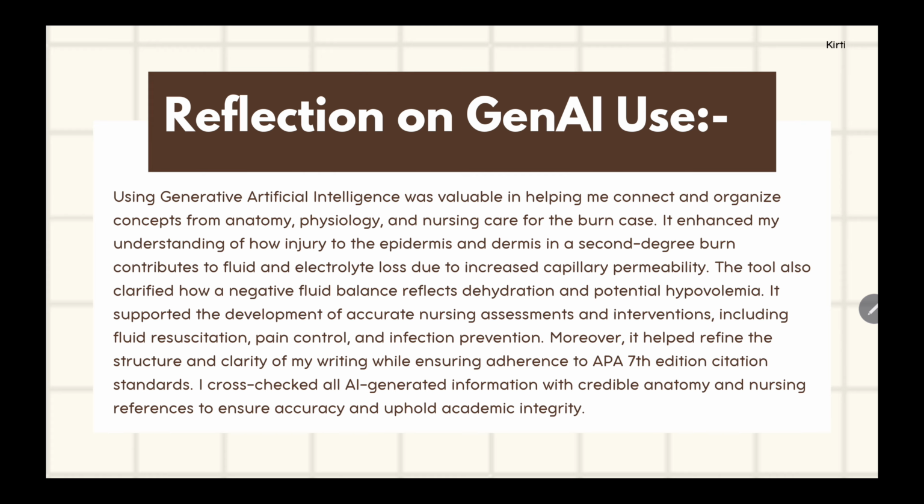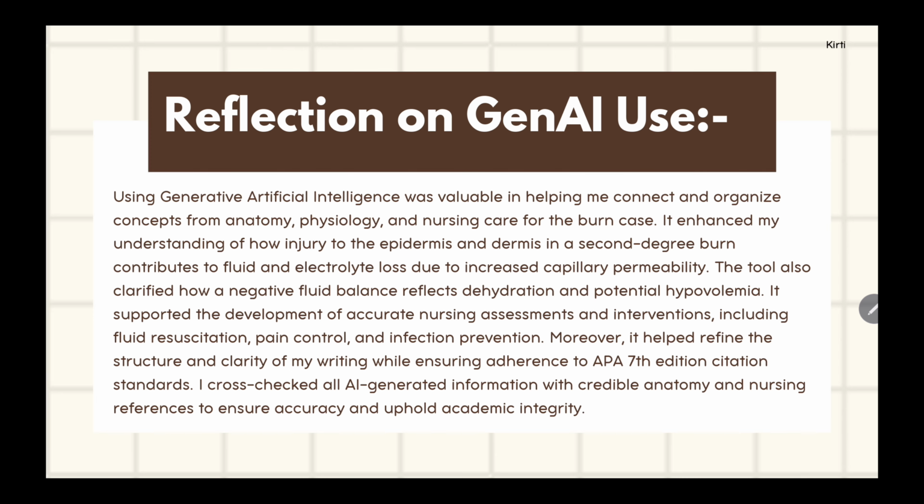AI was particularly valuable in helping us integrate our knowledge of anatomy, physiology, and nursing care for the patient with a second degree burn. It guided us in understanding the connection between skin structures, especially the epidermis and the dermis, and how damage to these layers affects the body's ability to maintain fluid and electrolyte balance. For example, we learned that in partial thickness burns, the integrity of capillaries in the dermal layer is compromised. This increases capillary permeability, which allows plasma and electrolytes to escape into surrounding tissues. As a result, the patient experiences a negative fluid balance, which can lead to dehydration and hypovolemia if it is